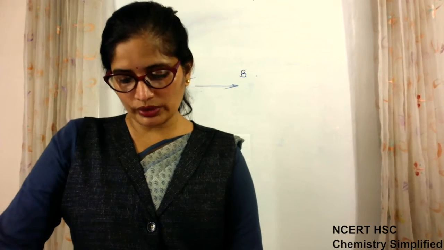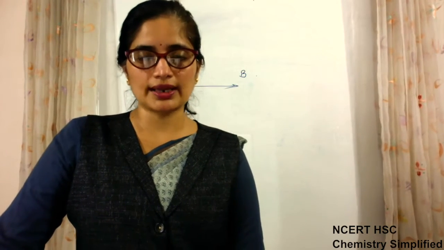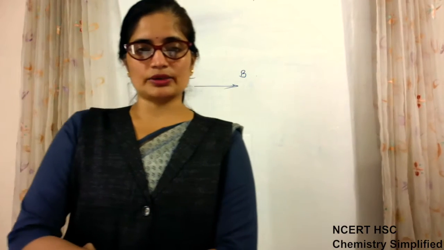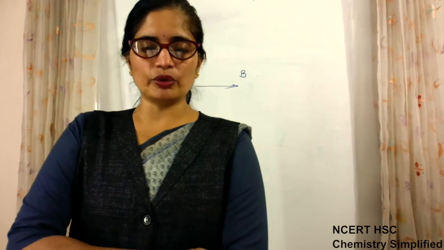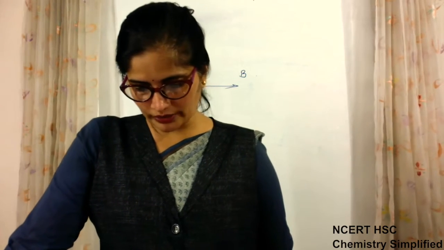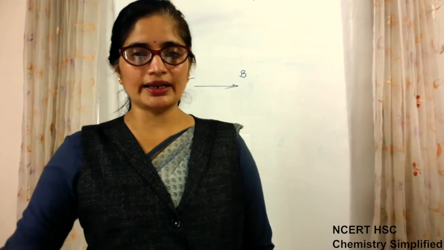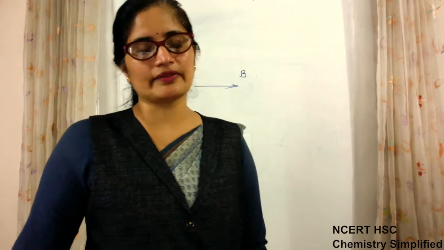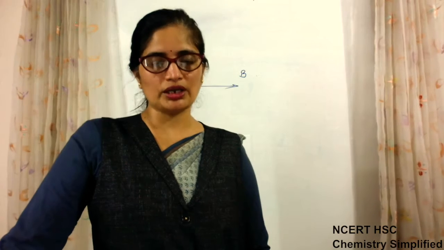Okay. Now, chlorine can be converted into chloride ion more easily as compared to fluoride ion resulting from fluorine. Explain. Indirectly they have asked the question. Instead of directly saying that electron gain enthalpy of chlorine is higher than fluorine, they have indirectly asked why it is easier to add an electron. Chlorine can be converted into chloride ion. That means we are adding an electron to make it Cl negative. So it is easier to convert chlorine into chloride ion as compared to fluorine into fluoride ion.